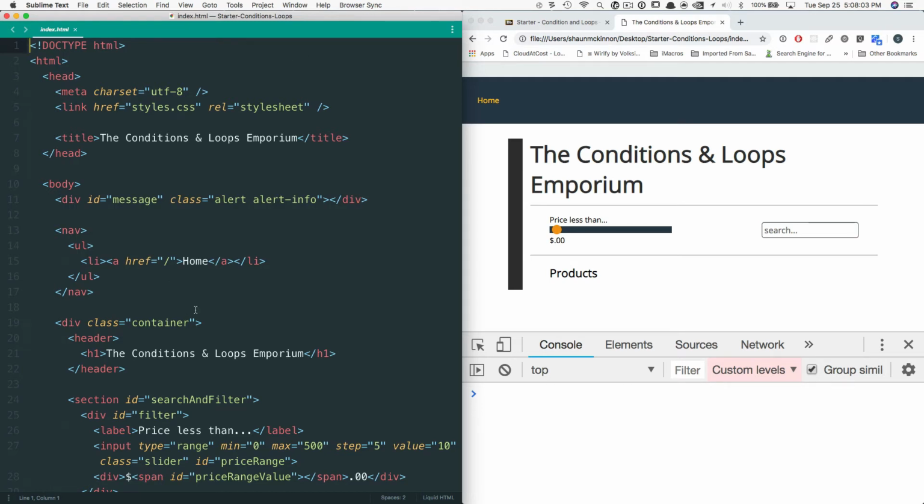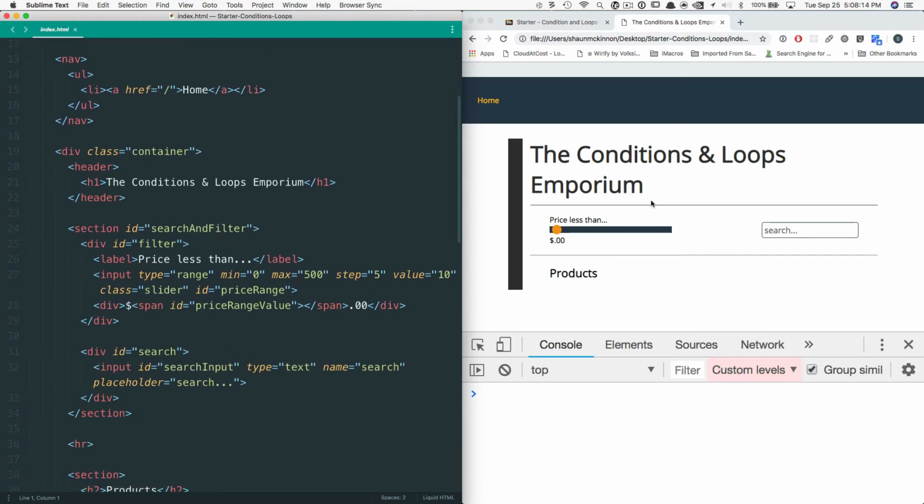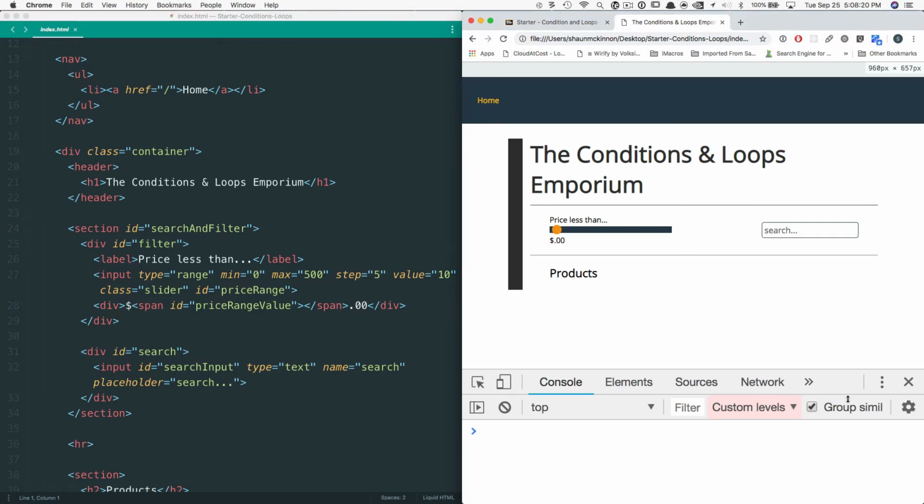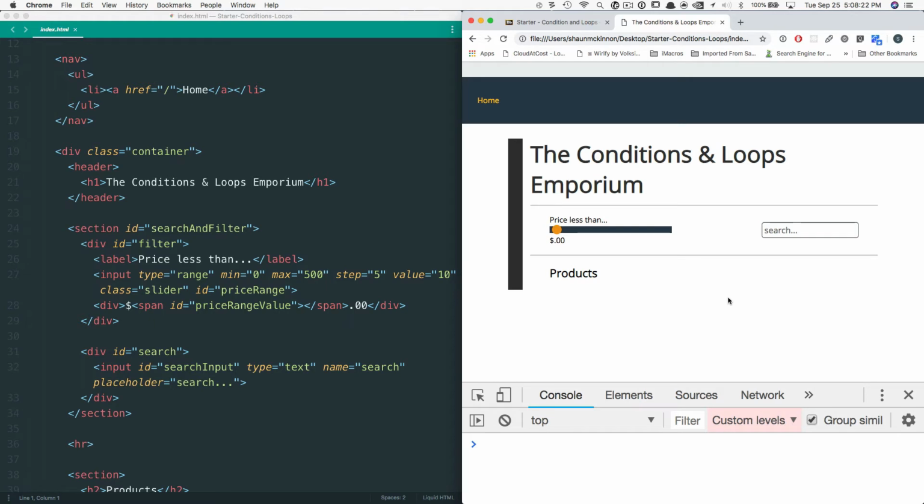So while you're doing that, I'll just go over what is in the index file. We're not actually going to add anything to the index file, but I'll explain it a little bit because there might be pieces you haven't seen before. We're going to build a product filtering system. We're going to list all of the products, and then use two filters to reduce them